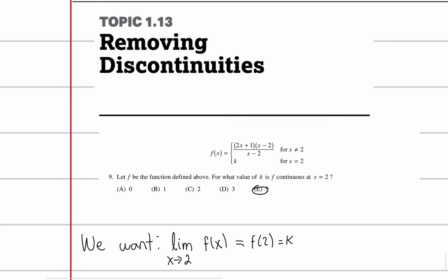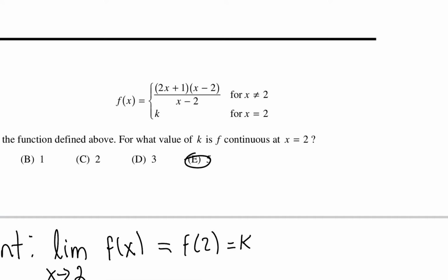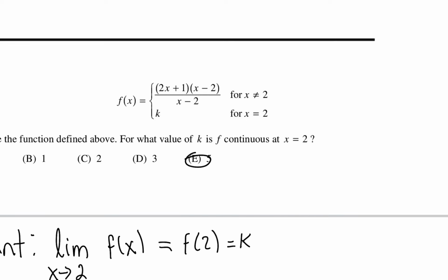How does this relate to removing discontinuities? Well, k is some value that we're trying to find, and the idea is that we're going to find some k such that this function is continuous. Previously, it's not necessarily continuous, it could be discontinuous. But we're trying to find some value, especially if we're only looking at this original one. This one's more common. We just look at this, and then we're trying to remove the discontinuity by creating a